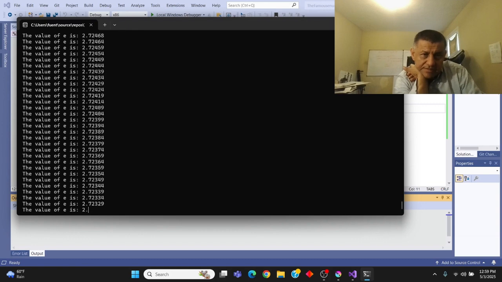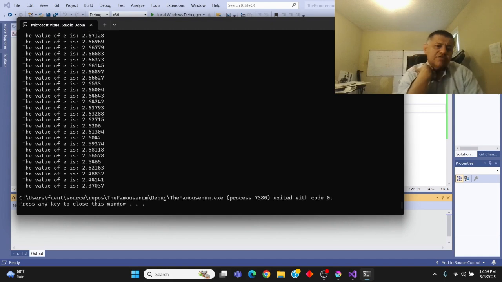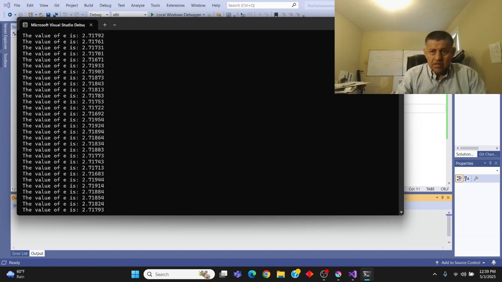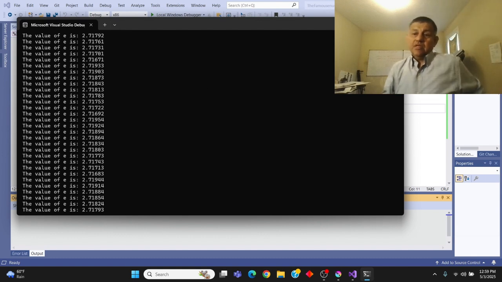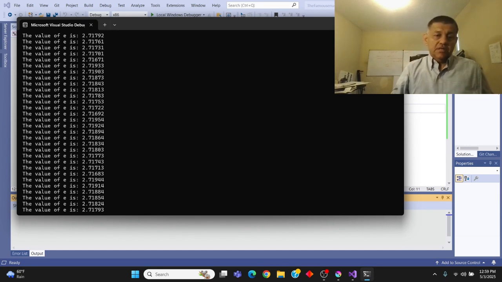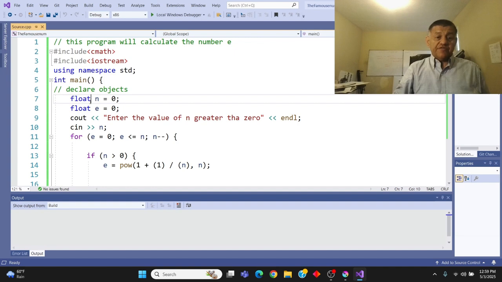You might have to just use double. Maybe it's overflowing. I think it's over. Okay, now it finally did it. So you can see this is very, very close, right? So it doesn't make too much difference whether we use the double or float, but